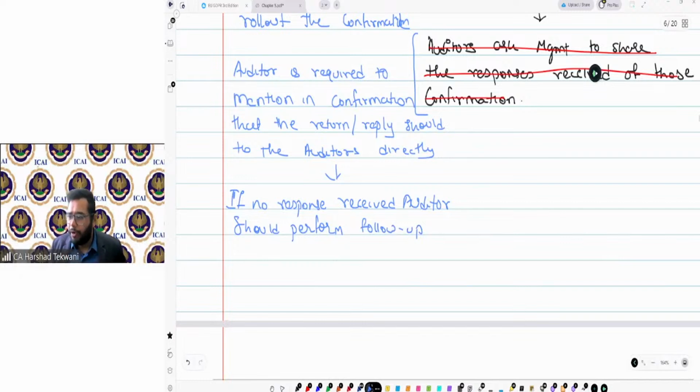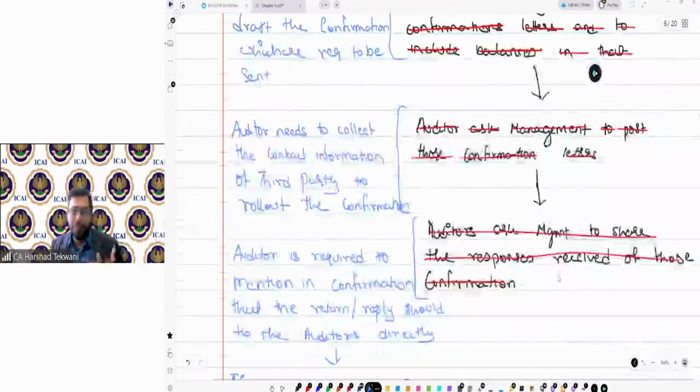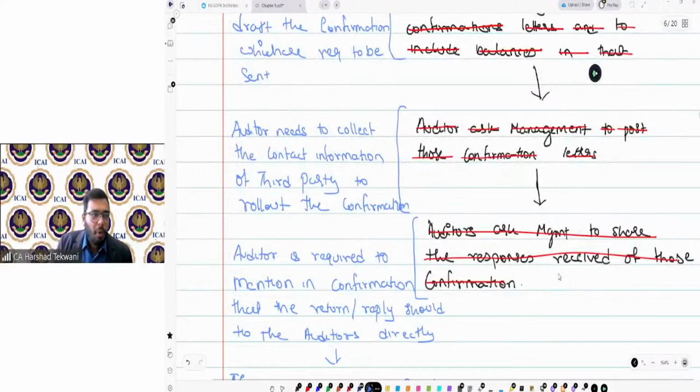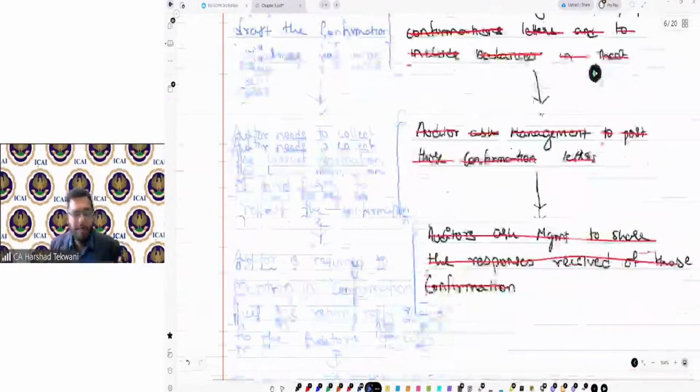So the auditor should perform follow-up. So this is how the confirmation process should be driven. Rather than relying upon the management, we need to understand what our responsibility is.